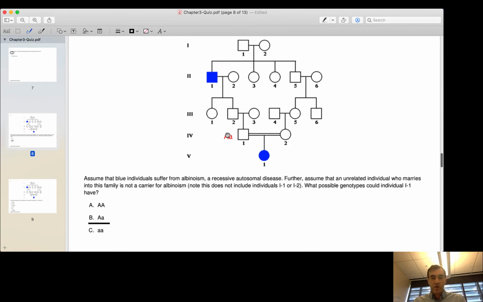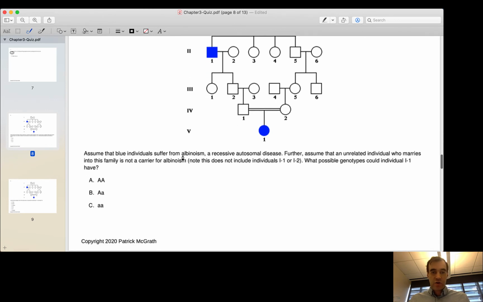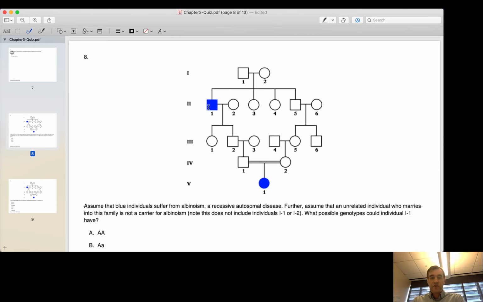And now the pedigree, which I think is a little bit more challenging for many of you. So assume that blue individuals suffer from albinism, a recessive autosomal disease. Further, assume that an unrelated individual who marries into this family is not a carrier. We're going to go through multiple questions on this pedigree. And so the first thing to do is just to note all of the individuals that you know with certainty what their genotype is. And so we know with certainty that this individual,